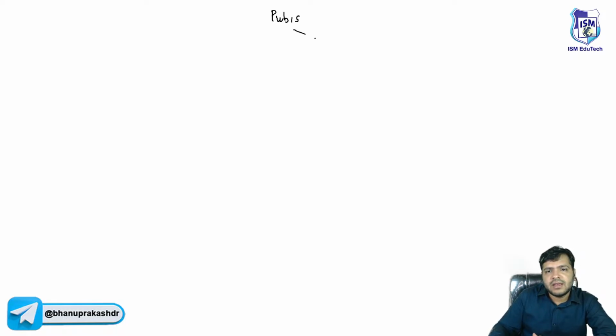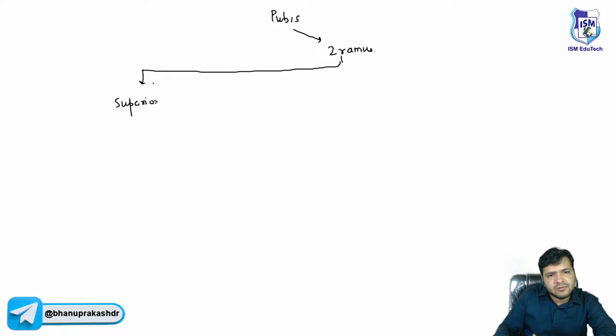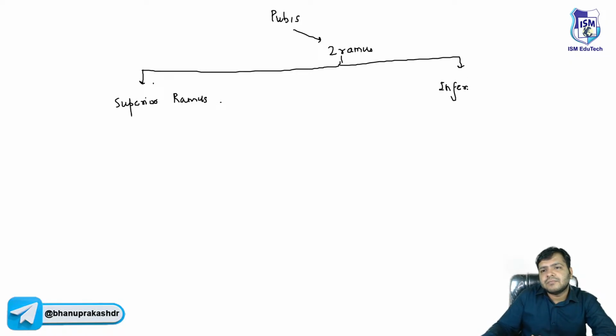The pubis bone has two rami, the superior ramus and the inferior ramus. Now beta, the superior ramus